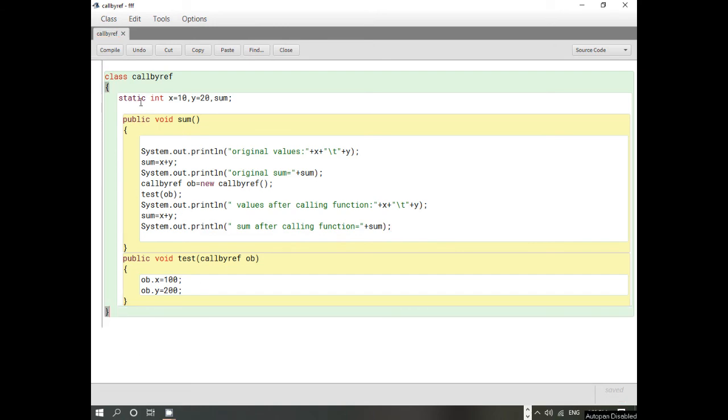Here we have used the keyword static because the same variable name is being used in the entire program. You can see that here also we have used the same variable name. That's why we have used static over here.